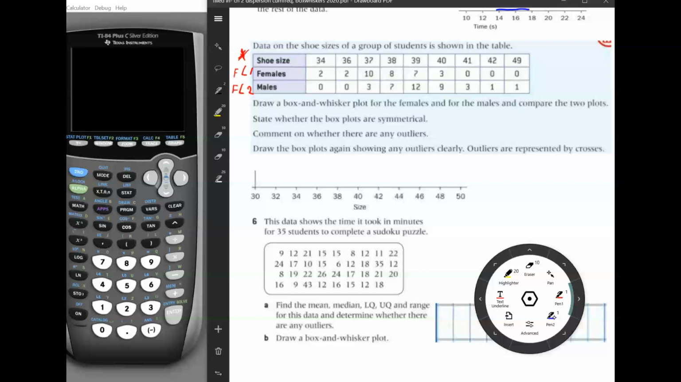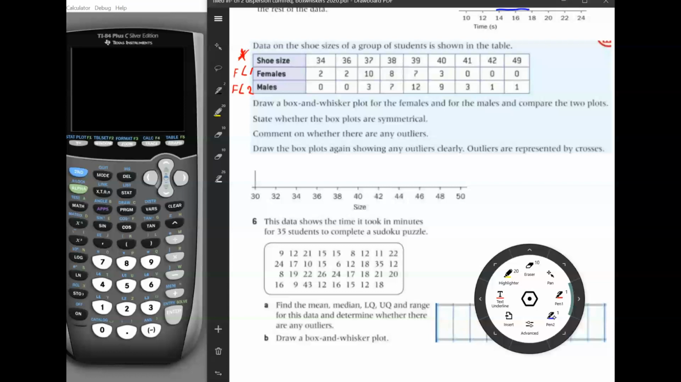So what are the X values? They're shoe sizes between 34 and 49. And let's see, we're going to draw a box and whisker plot for the females and the males and compare the 2 plots. Remember, to do a box and whisker plot, we would need the 5-number summary: min, max, Q1, Q3, and median,